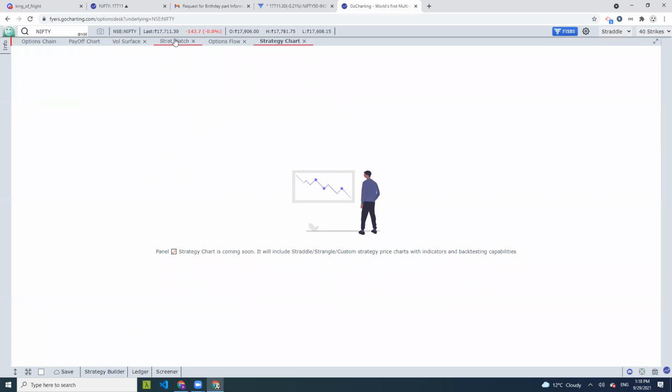If I understand your question correctly, you want to look at the straddle premium across time. So what was the straddle premium of yesterday, day before yesterday, that's what you want, right? And then you want to plot a moving average on top of it, like a technical chart. This is what the strategy chart will do. This will allow you to create a complete technical analysis on your straddles, strangles, everything.